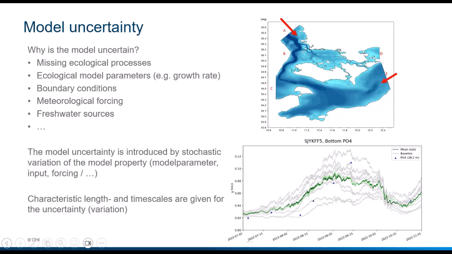In our model, we're also using boundary data at open boundaries, and we're using meteorological forcing at the surface. Both of these data sets are very often model data, which are in turn also uncertain. Then we also have some freshwater sources that we impose on our system. Maybe the water volume is not correctly described, or maybe the concentrations are too coarsely described. And many more things could be uncertainties in our model.